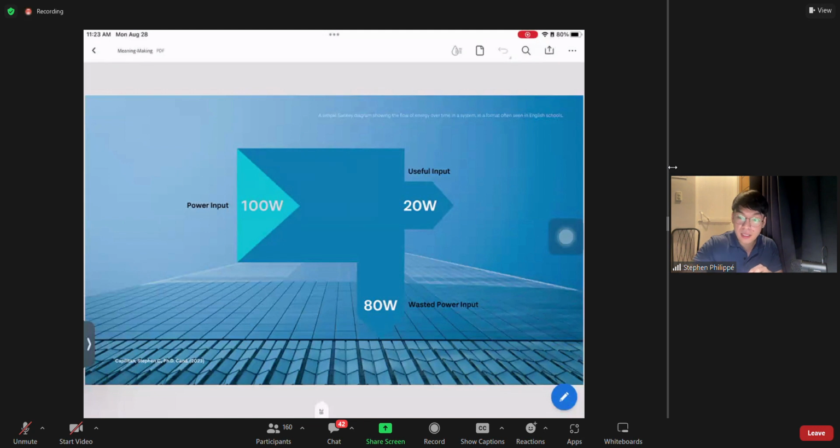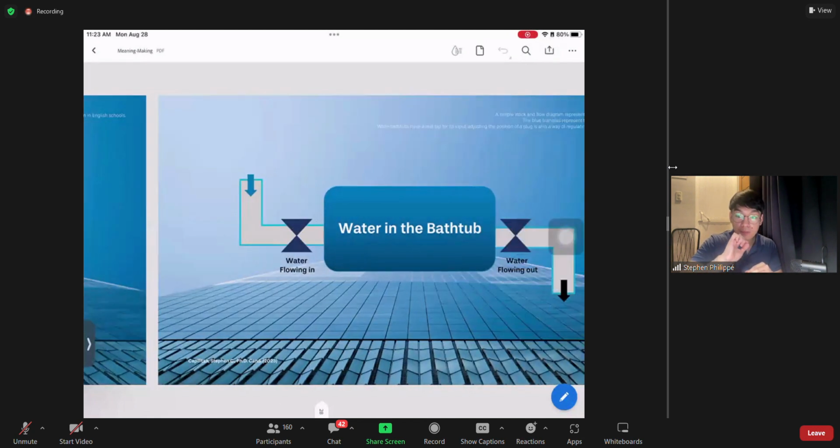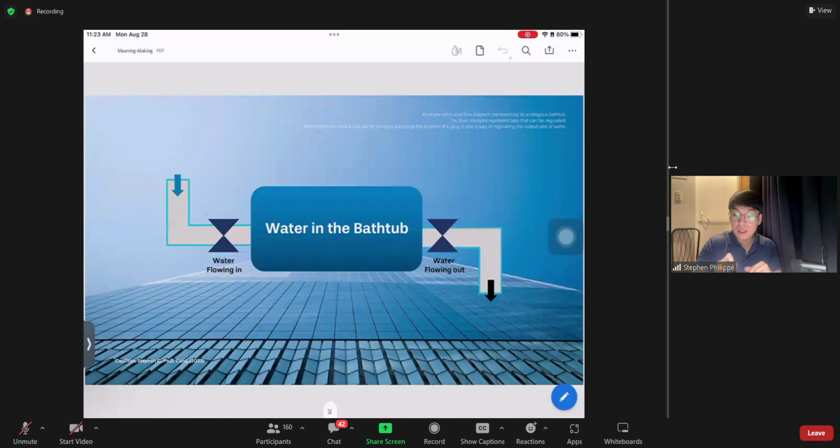There's a useful output of 20 watts and then wasted power output, which is 80 watts. So a total of 100 watts. A Sankey diagram looks like this: the flow of energy over time in a system. So this is an example, a simple stock and flow